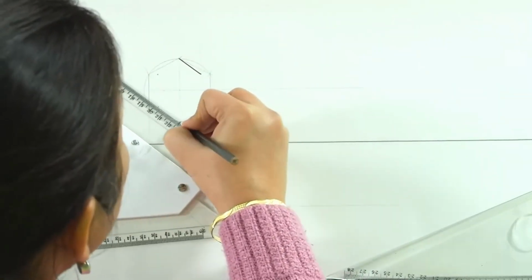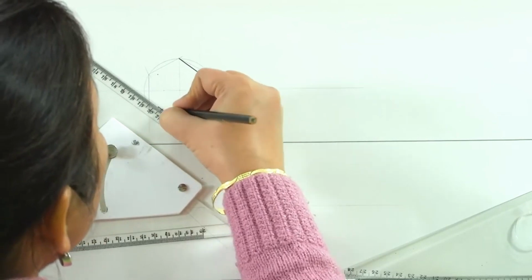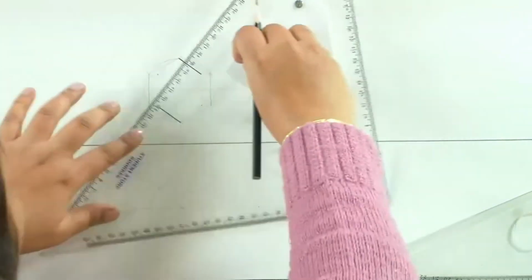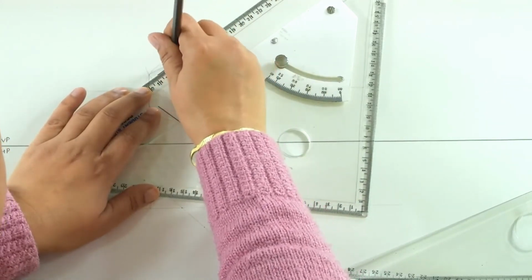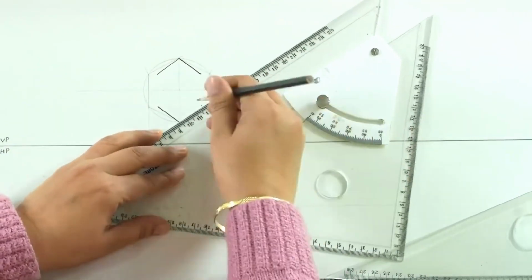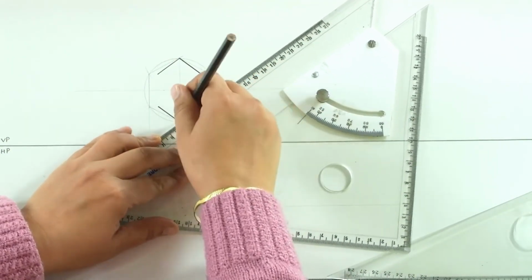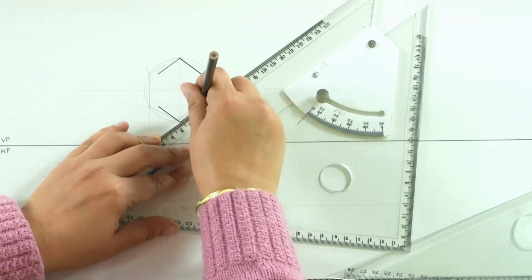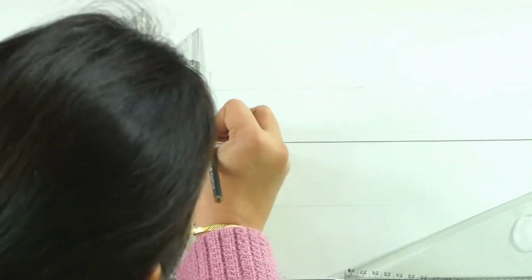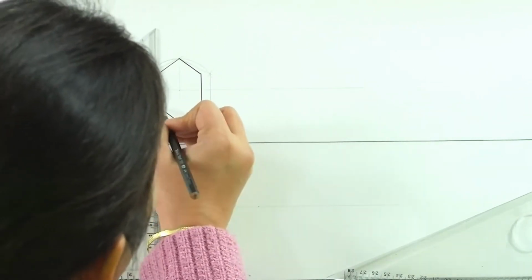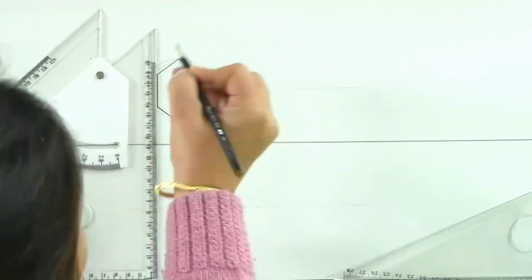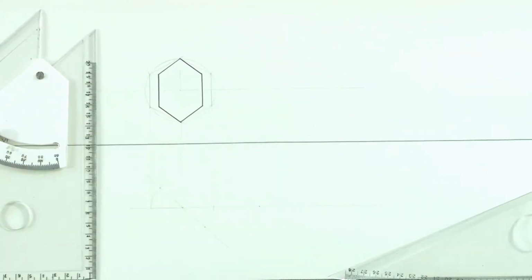What we have here is this. This is the new hexagon that we will get, which is the final projection of this given hexagon,